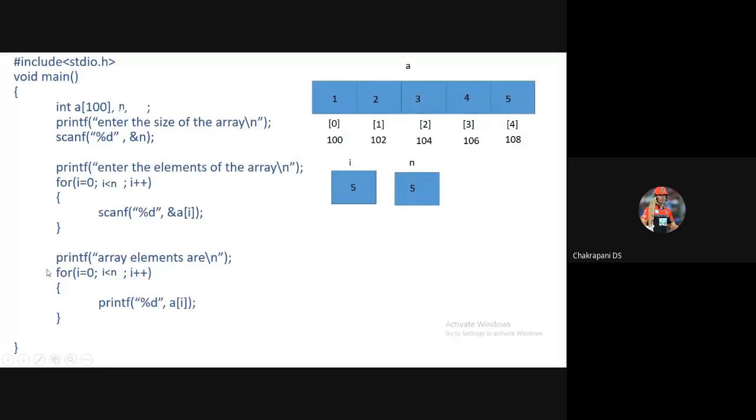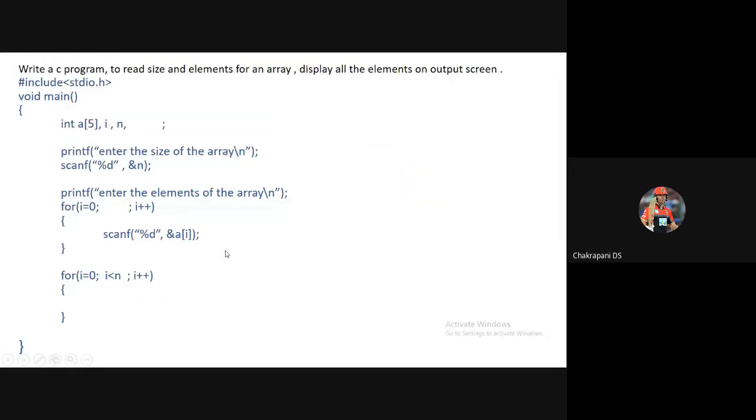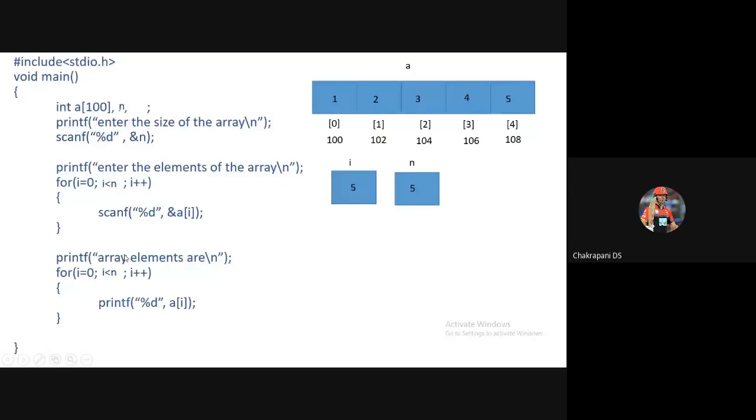You know how to print the elements, same statement. Okay, same for loop. The only thing is, instead of writing some number here, you're going to write I less than n, something like that, and I plus plus. Hope you have understood this one also. These are some of the important programs on arrays or single dimensional arrays. Because it has only a row here, it is called a single dimensional array. Okay.